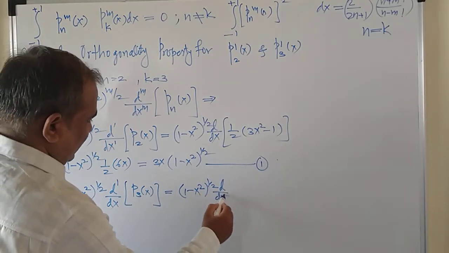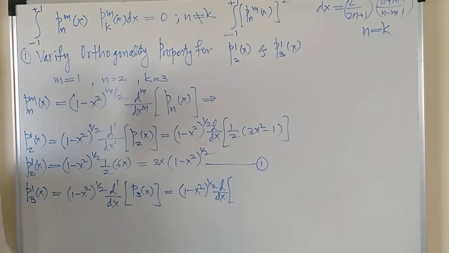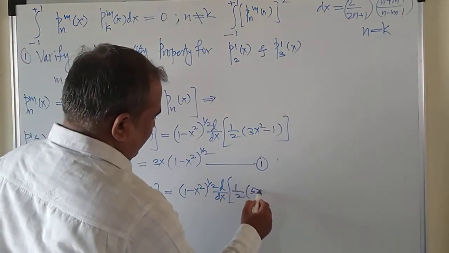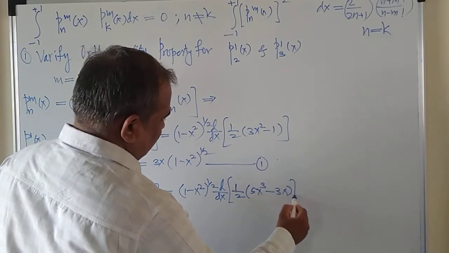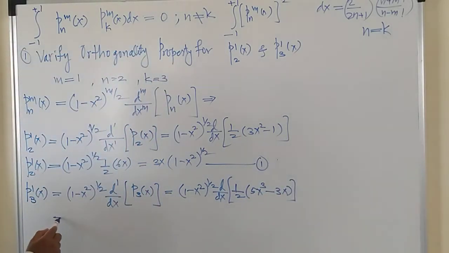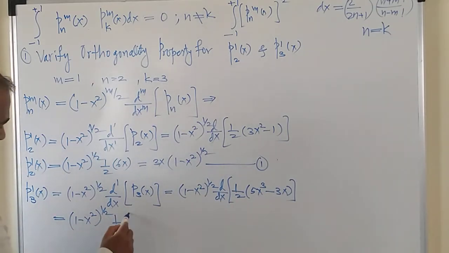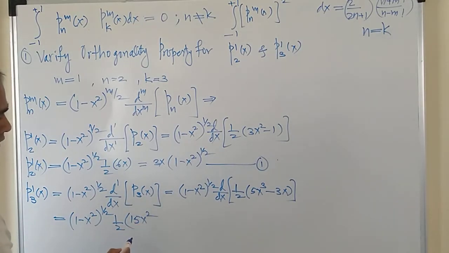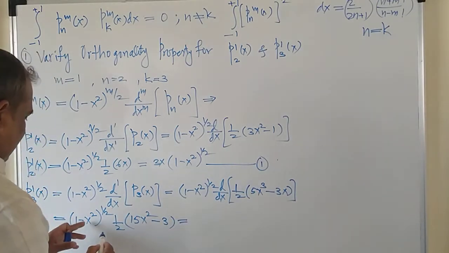And derivative of P3 of x. P3 of x is equal to 1/2 times (5x cube minus 3x), and this will be equal to (1 minus x square) raised to power half into half, and this will be (15x square minus 3). And if you solve and simplify this, this will give you